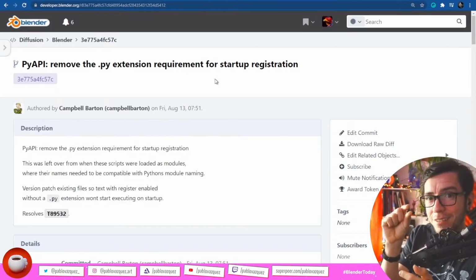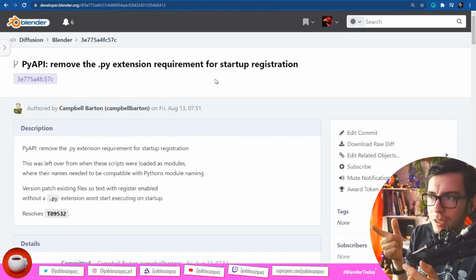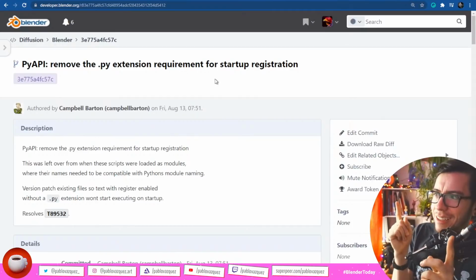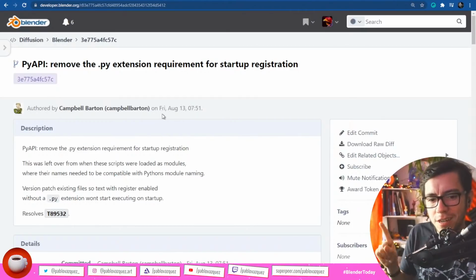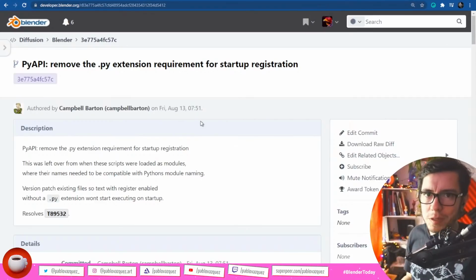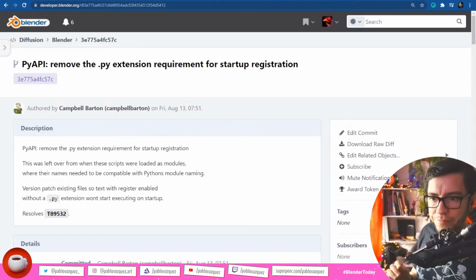Otherwise, the setting for registering would be grayed out. Very weird requirement. That has been lifted. Now you're going to be able to register add-ons or scripts that are not ending in .py.